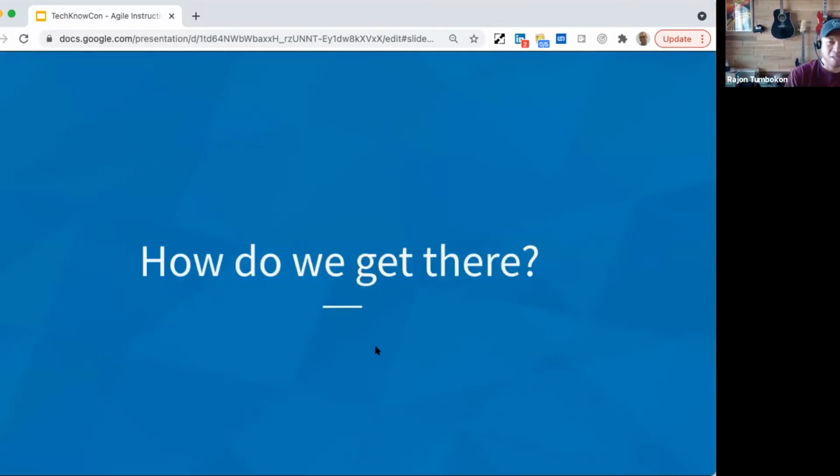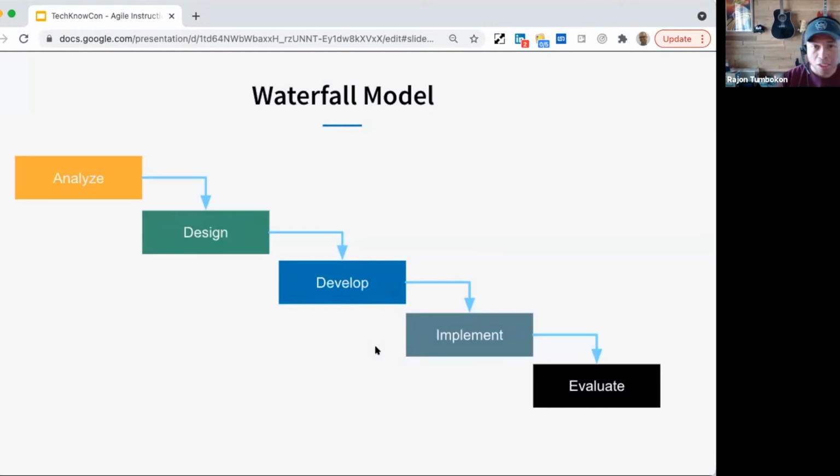All right, so how do we get there? If anyone here is familiar with instructional design, you should be familiar with ADDIE: analyze, design, develop, implement, evaluate. This is the basic framework of instructional design, originally called instructional systems design, I think founded in the 50s, usually in a military training context.